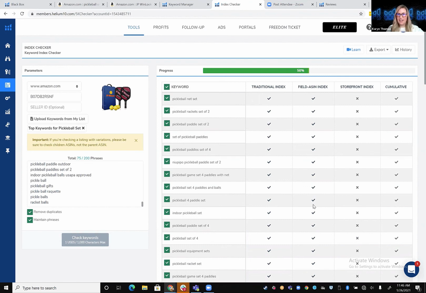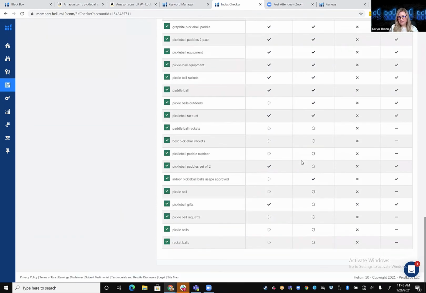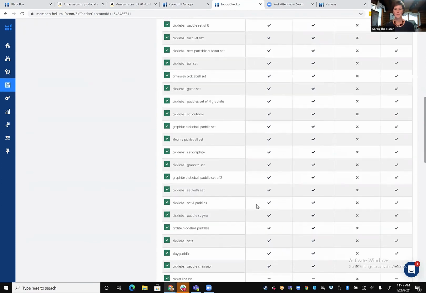So it's really, really nice. Exactly. And then if it is indexed, you'll see this check mark. I didn't link the seller ID, so I can't check that. But you can see for this, it looks like they're indexed for pretty much all of these different keywords, which makes sense. Yep. So it's like right here, they're not for pickleball racket. And let me just clear up